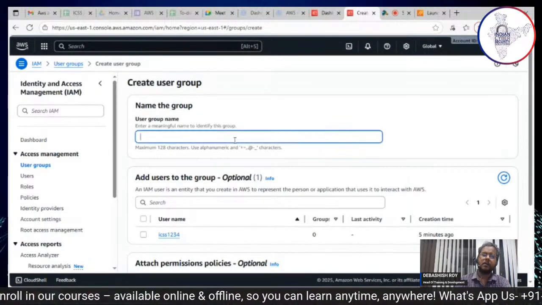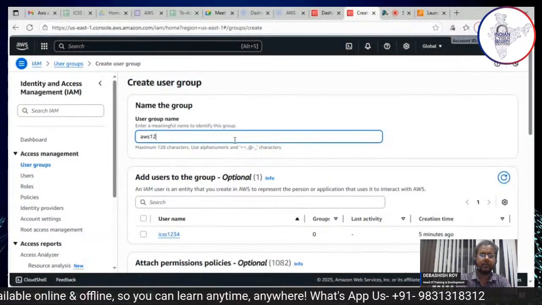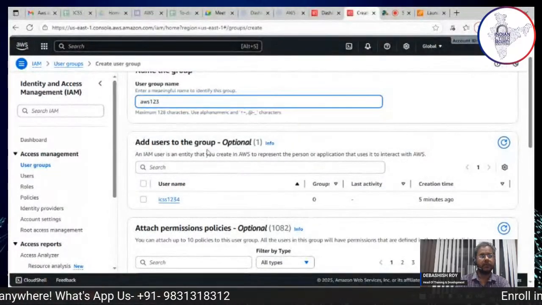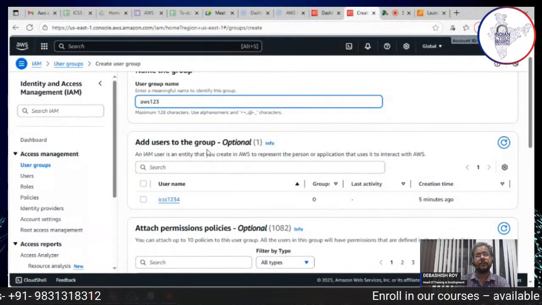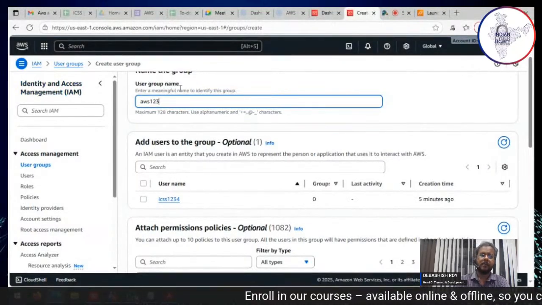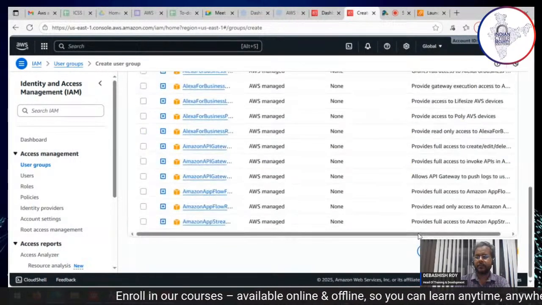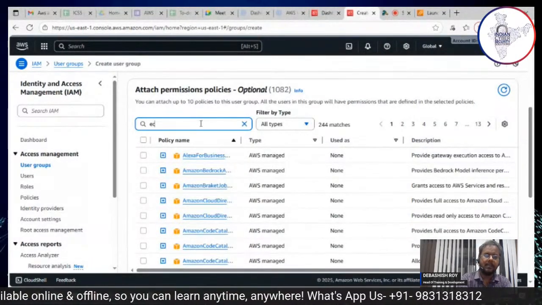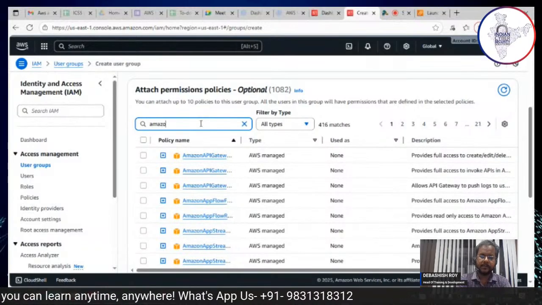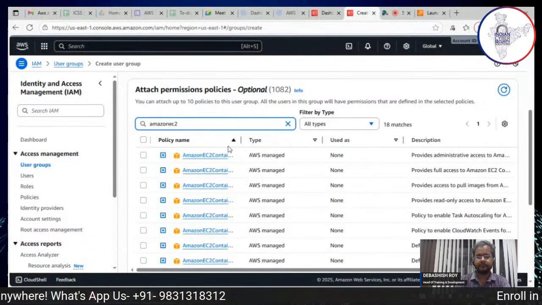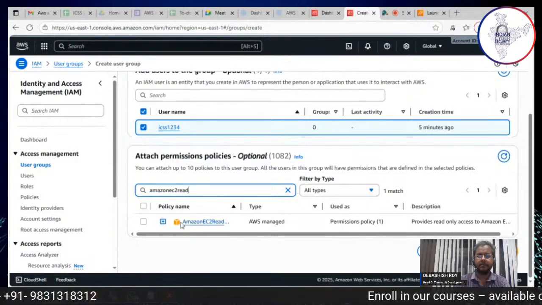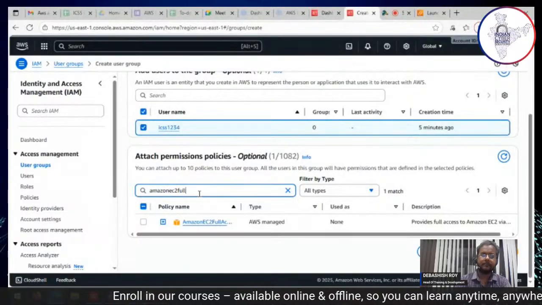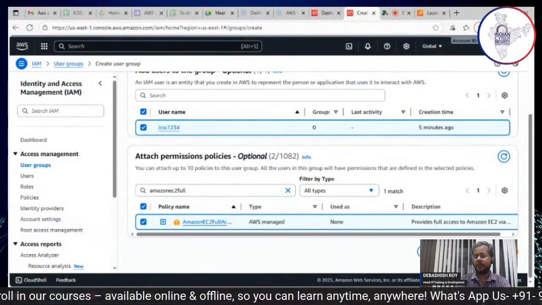Create a group. You can give a group name like AWS123, and you can add the users to the group. There was an option when we were assigning the policy that you could add the user to the group, but there was no group then. But here you have the group now, then you can add the user account here, and you can attach the permission policies directly from here, like the same policy, Amazon EC2 read only access, or even the full access. If you want to give full access, you can give this one,